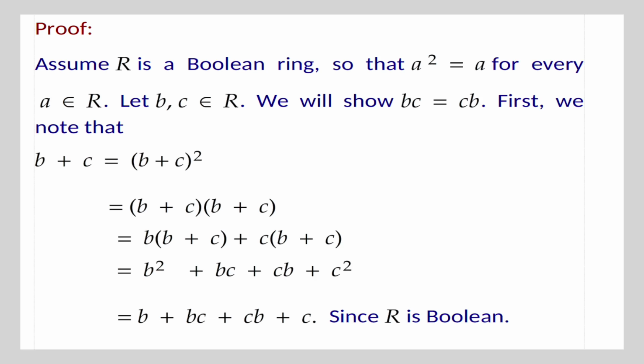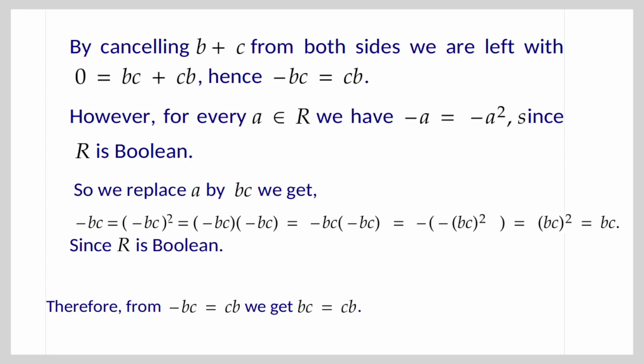First, we note that B plus C equal to B plus C the whole square, that is equal to B plus C into B plus C, that is equal to B into B plus C into B plus C, that is equal to B square plus BC plus CB plus C square, that is equal to B plus BC plus CB plus C, since R is Boolean. By cancelling B plus C from both sides, we are left with 0 equal to BC plus CB, hence